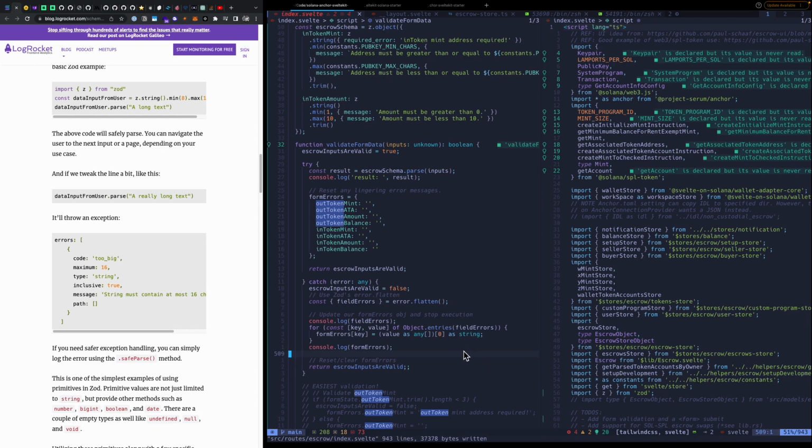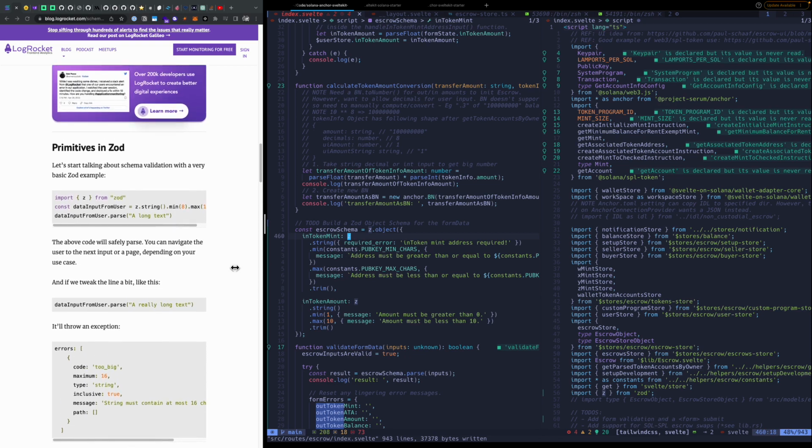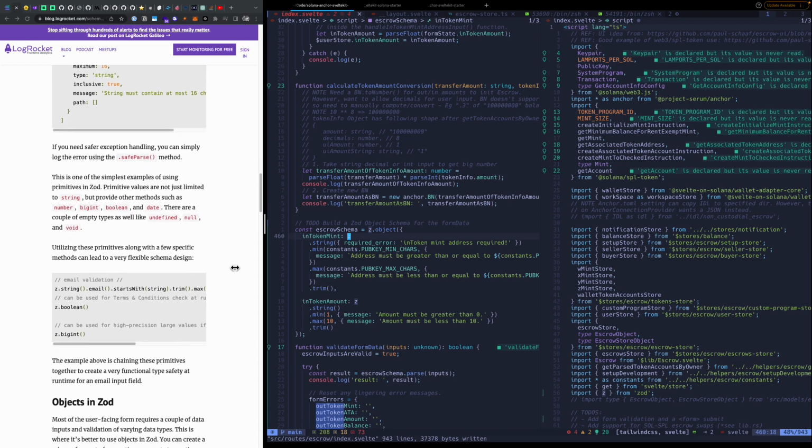Well, I have a schema. It's only doing these two. I certainly need to add more for my other fields. There are parts of Zod that I read in here, and also if you don't put it in your schema, if you don't tell Zod to expect this, if you're missing any fields from your form, then it just won't